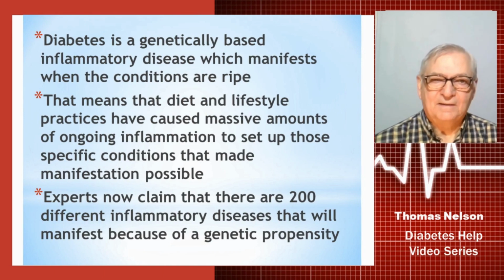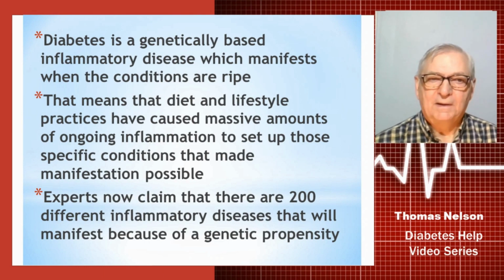So diabetes is a genetically based inflammatory disease, and it manifests when the conditions are ripe. That means that your diet and your lifestyle over the years prior caused massive amounts of ongoing inflammation throughout your body, and it was chronic inflammation that didn't stop, and it set up those specific conditions that made the manifestation